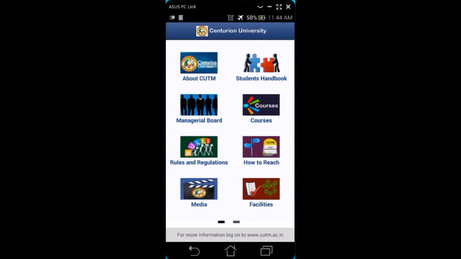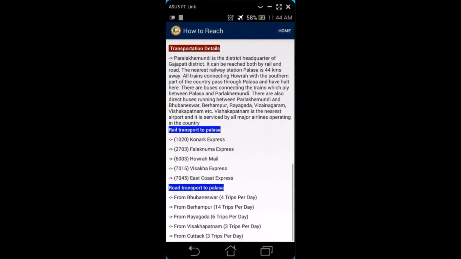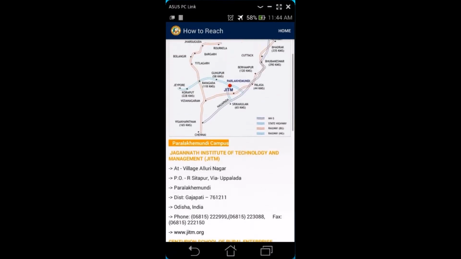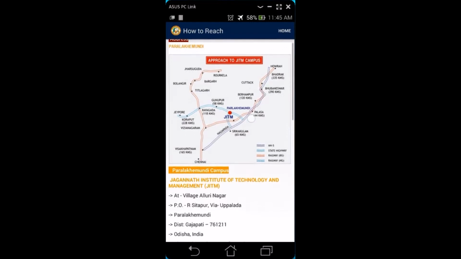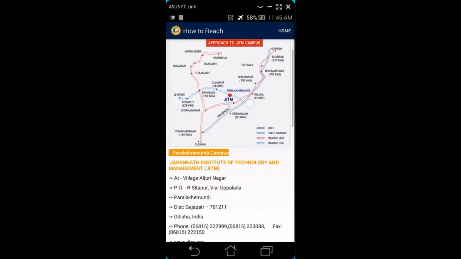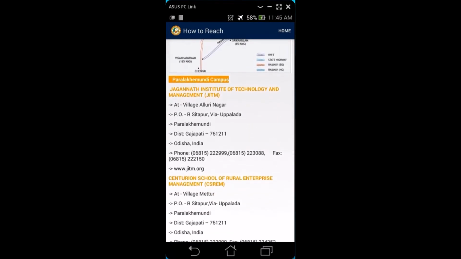Then coming back to How to Reach, a scrollable screen shows all the information required for reaching Centurion University, Parlakhemundi. The first item shows the map to reach the university.